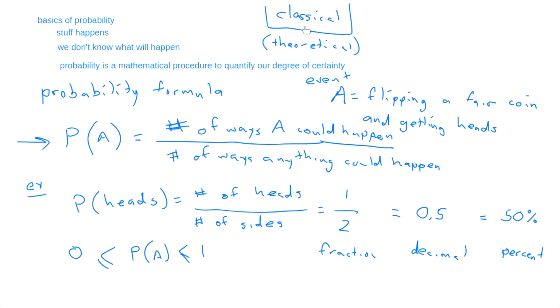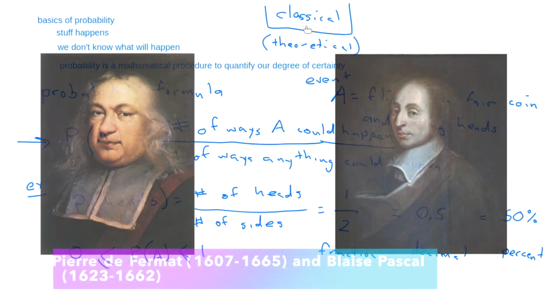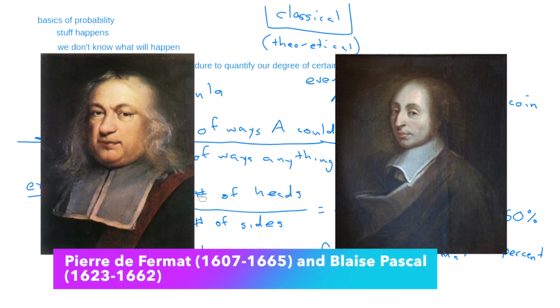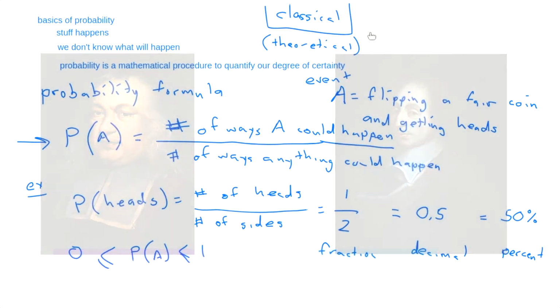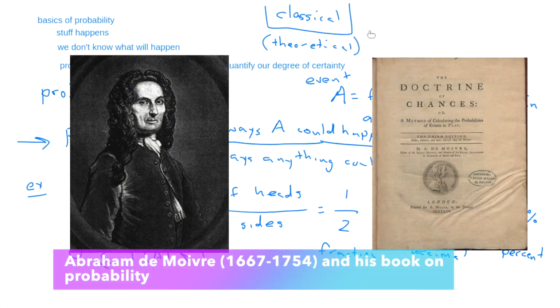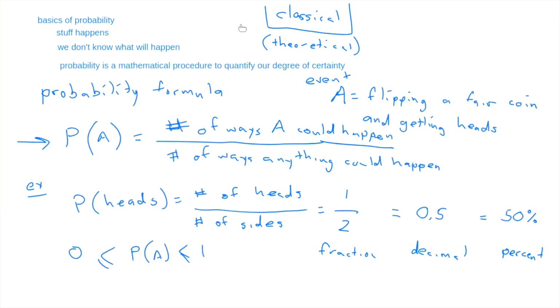He also invented double entry bookkeeping. So if you're an accounting major, I don't know why you're taking this class, but if you've heard of that, maybe you did it in high school. That's the guy. And then there were a whole bunch of other people that did things. And finally, in the 1500s, 1600s, there were Fermat and Pascal, and they kind of did all of this stuff. And then in the 1700s, a Frenchman who had moved to England for, again, there are reasons, named Demoivre, wrote all this down. And that's pretty much what we teach you, is stuff that's about 300 years old. So this isn't super modern yet. Okay, there's the classical idea.